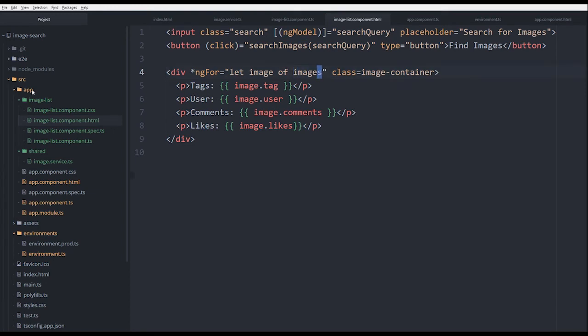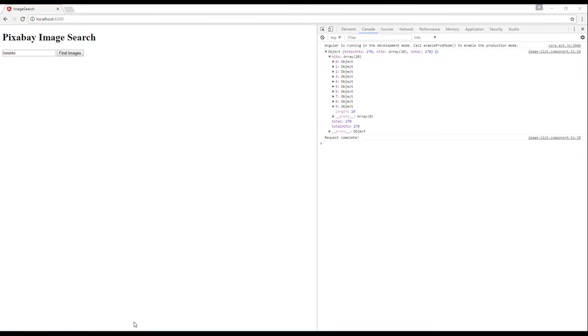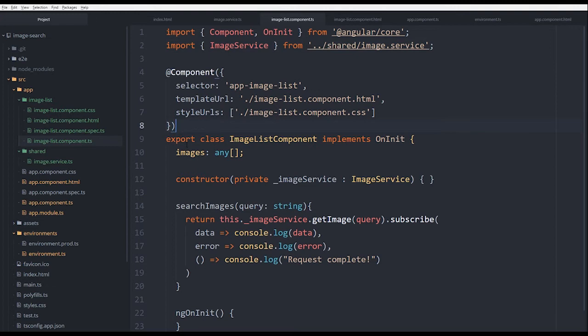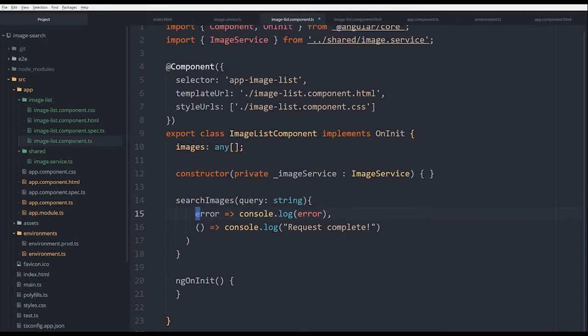So if you recall, images is a property that's on our component here, but currently it's just an empty array. So let's actually wire it up so that the response we get doesn't just log to the console, but that it populates this images array with the hits array that gets returned when we make a request. So our images should be this hits array that contains 10 image objects. So for that, we've got to go back into our image list component.ts file. And you can see that when we're successful here, we are just logging the data that gets posted back to the console. What I'd like to do instead is to write a separate method